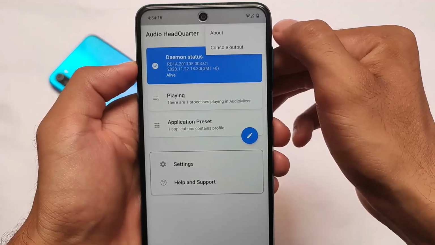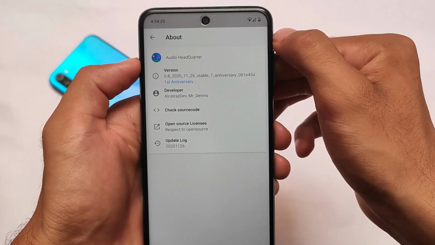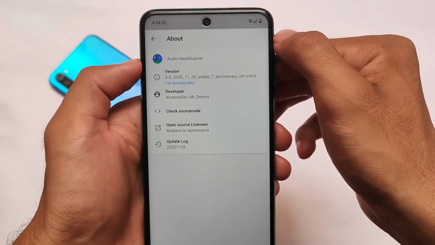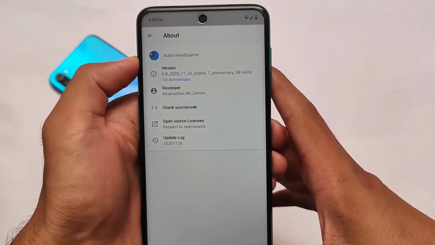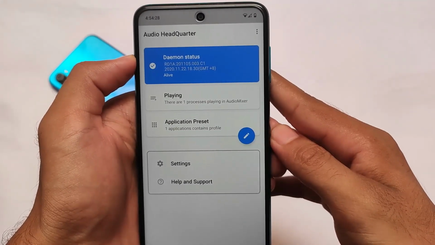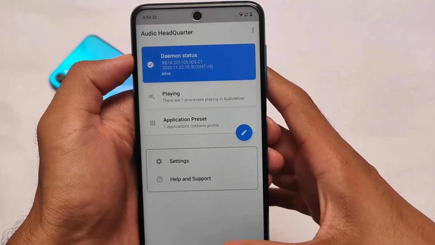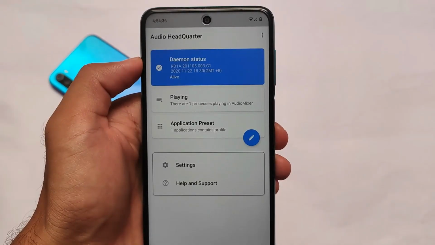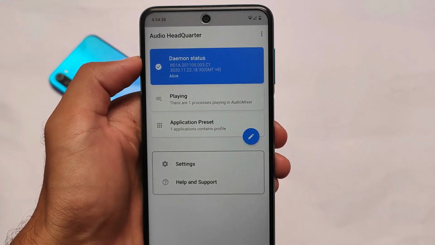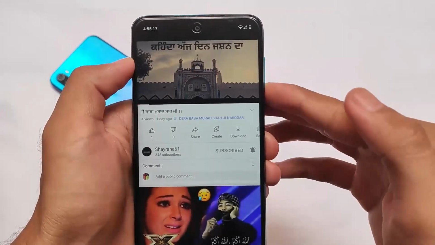Of course, right now some custom ROMs are having this feature that they let you control the volume per app. For example, if you are using YouTube and you don't want to decrease your device volume, just want to decrease the volume for that app called YouTube or any app you're using, then this module is quite helpful. The feature is already available in some custom ROMs, but we're not gonna talk about that. If you are using Lineage OS or a custom ROM where you don't get this feature, then you might probably need this module.